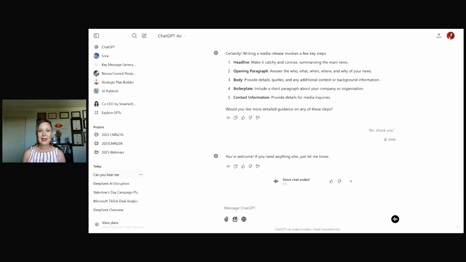And I know some people actually use the app version of this in the car. They don't look at it, but they brainstorm on the way to somewhere or ask to learn about something. And I think this is also accessible through Siri to some degree with the new update as well. Yeah, voice mode. So that's super interesting.